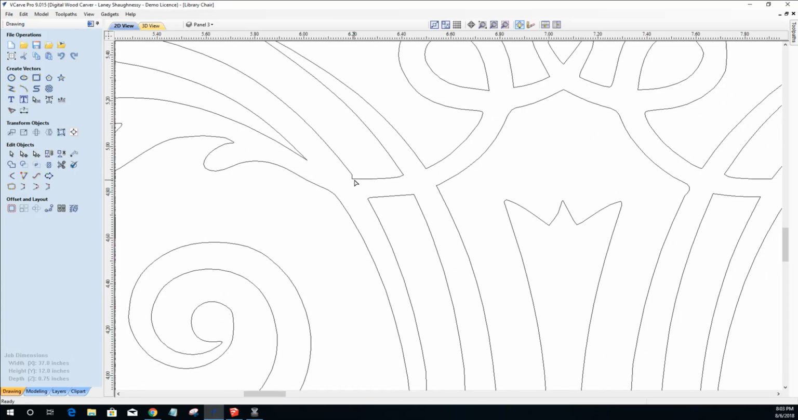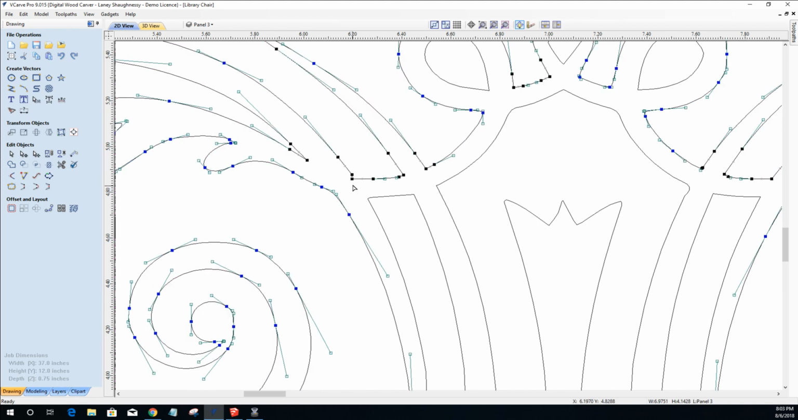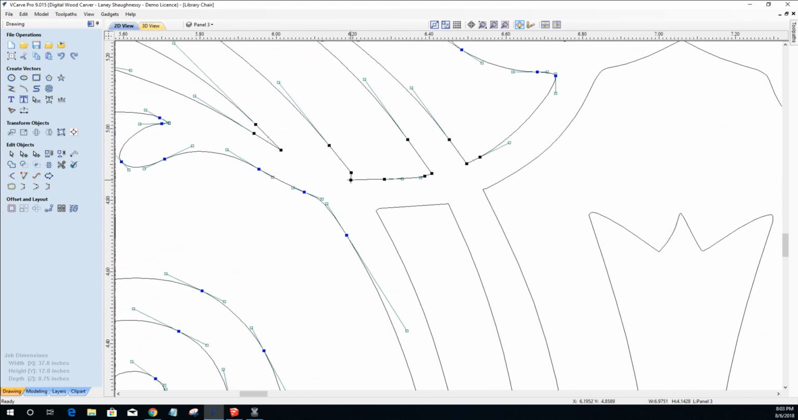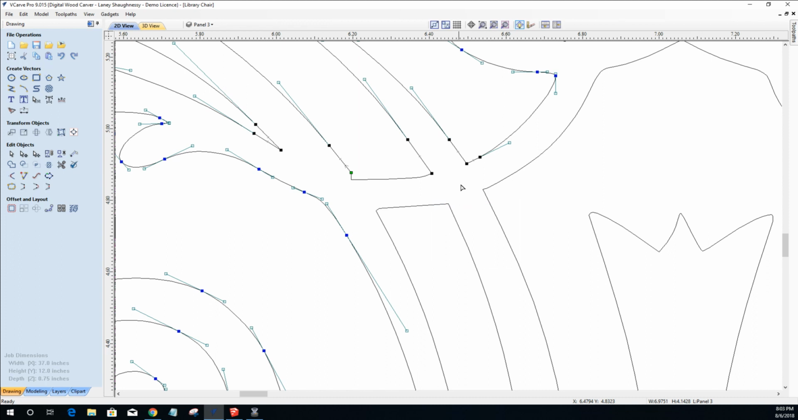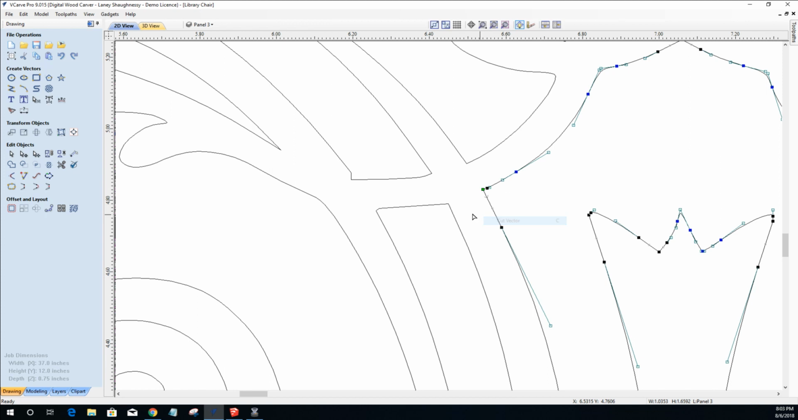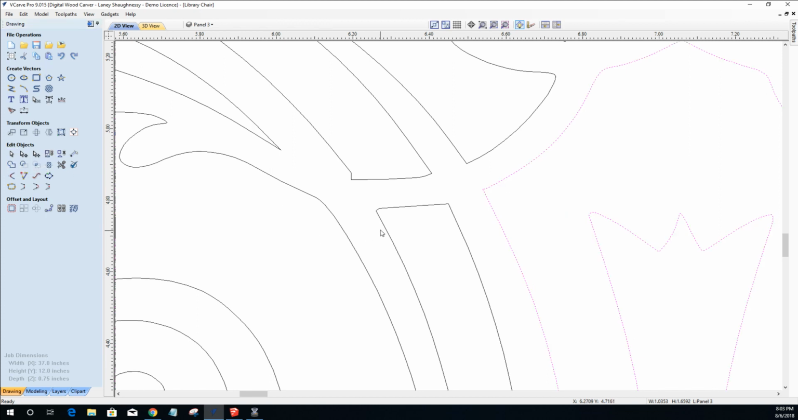Let's go into node editing. We're going to select this part, and I'm going to cut the vector here. And down here on this corner, cut it. And while I'm at it, I'll do the same thing right across here. We'll cut the vector there and up here on this corner. And while I'm at it here, I'll cut the vector on this corner here and then down here. Now what that will allow me to do is to take these vectors, and I'm going to, for right now,